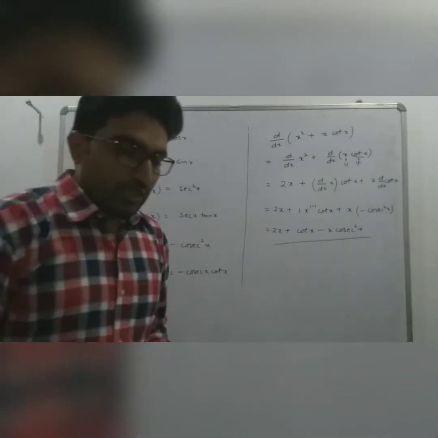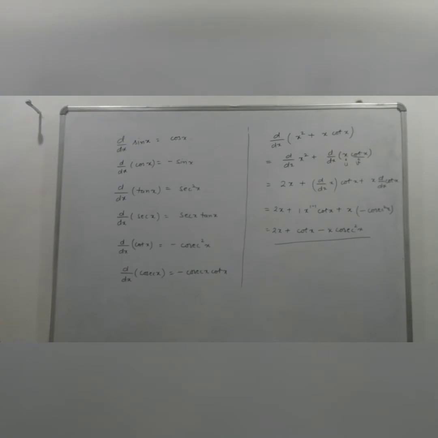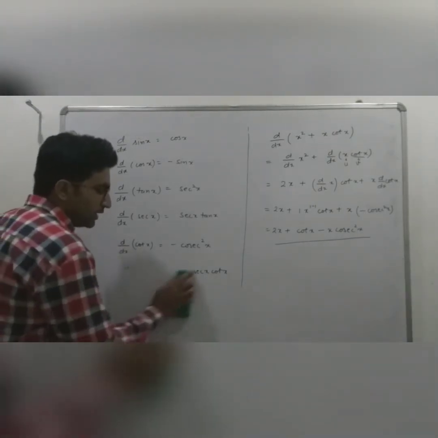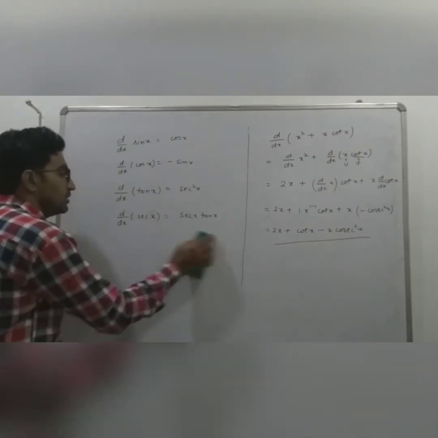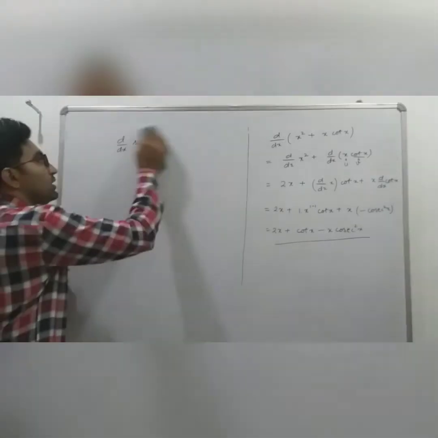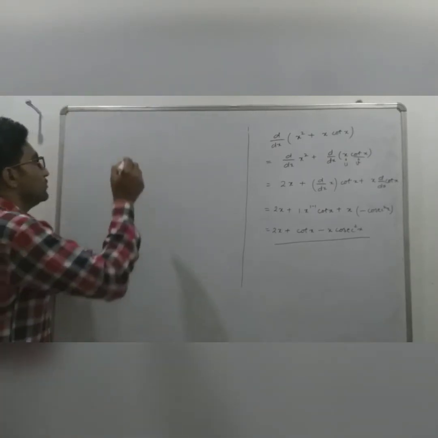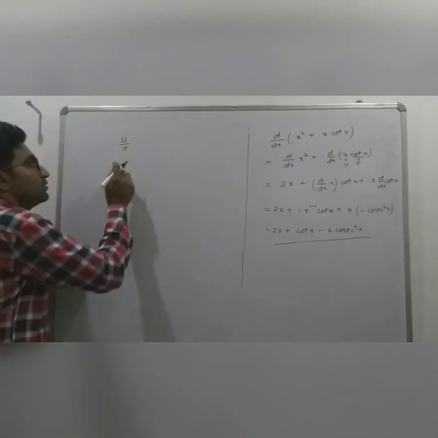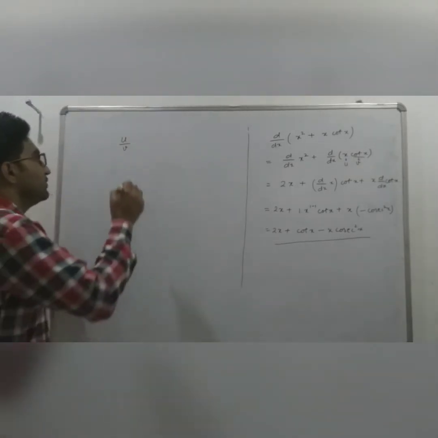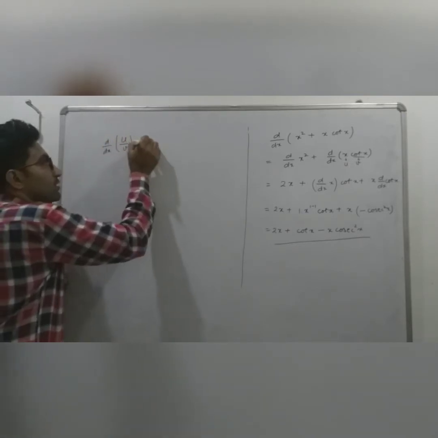Okay, as we have discussed the product rule of two functions, in the same chain we have the differentiation of two functions when they are divided by each other. Suppose we have two functions and they are given in the division form. Again consider the two functions u and v. Suppose one is an algebraic function and the second one is a trigonometric function. Then the differentiation of u by v, d by dx, is equal to